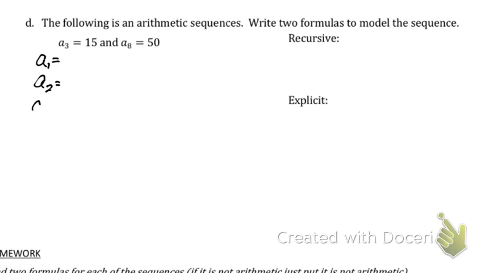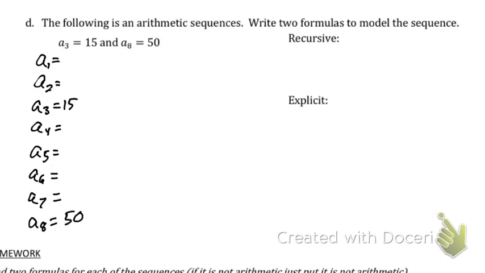A sub 3, I got that guy. That equals 15. A sub 4, I don't know. A sub 5, I don't know. A sub 6, I don't know. A sub 7, no. That's a Z. That's a 7. A sub 8, that is the only thing I know is that 15 and that 50. But what's going to help us get our 2 equations is knowing it's an arithmetic sequence. Since it's an arithmetic sequence,